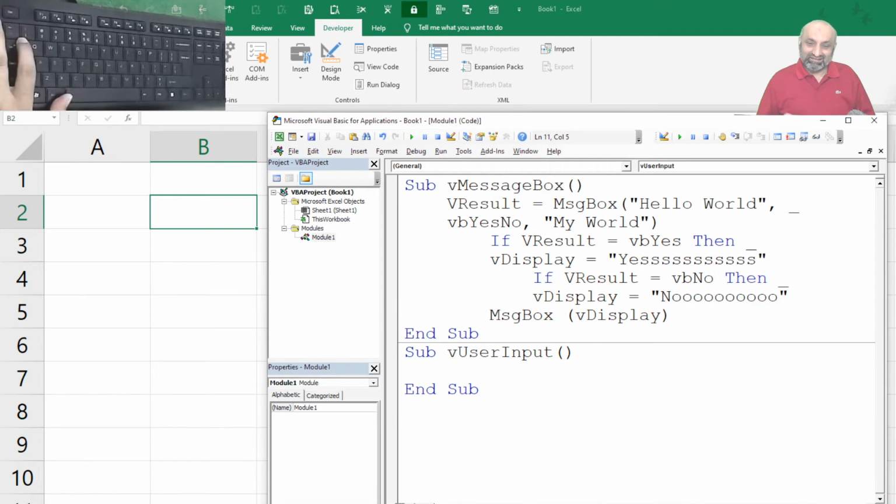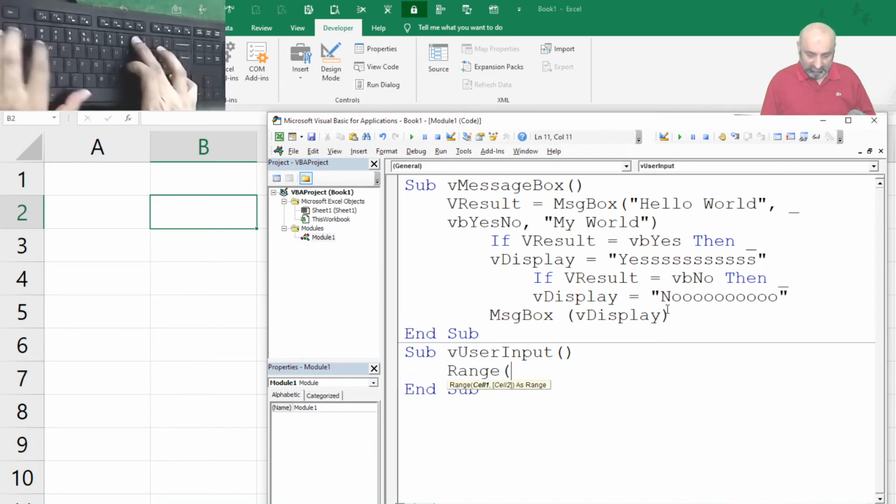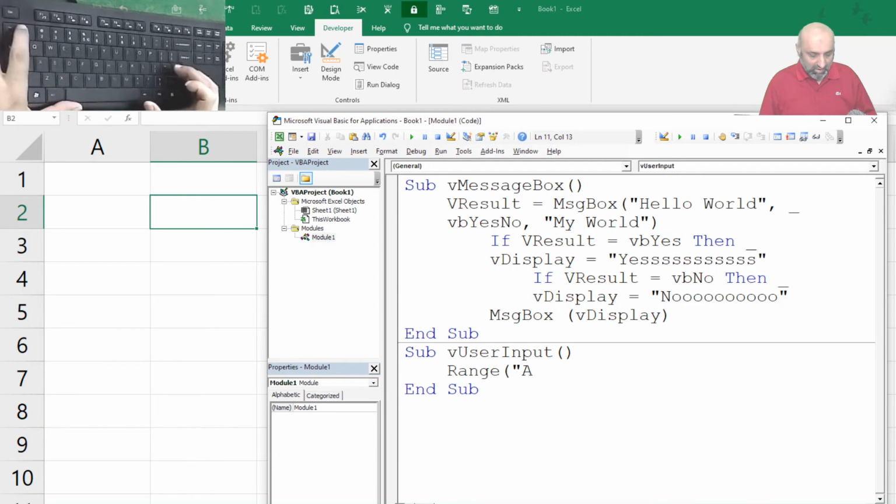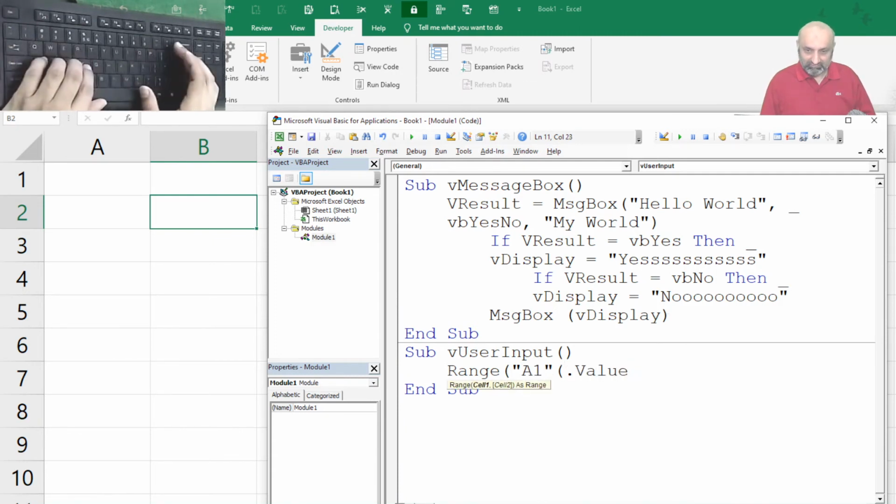So again, the input box gives me an output, and that output should be saved in some variable. So instead of a variable, let's save the input directly in the cell. Range A1 dot value,